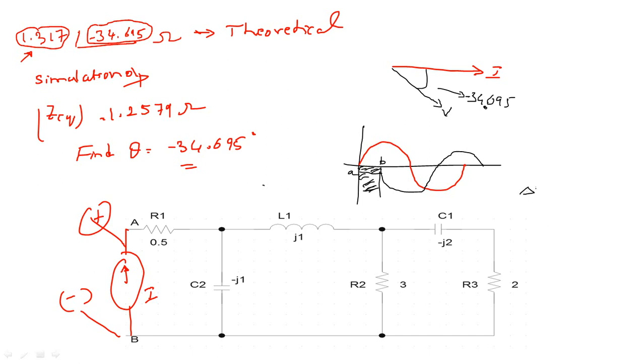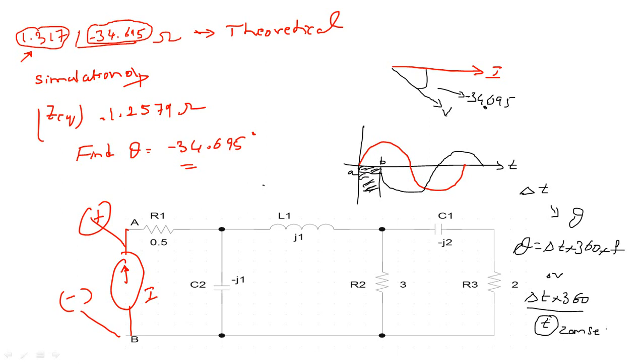So that difference is represented as delta t, a small difference of time, because we know in the x-axis we have time. Then how do we convert this time to theta? We have a formula which says theta is simply equal to delta t into 360 into f, or you can also write that as delta t into 360 the whole divided by your time period. Do not get confused between this t and this t, where this t is your time period, that is 20 milliseconds. I hope you have understood where you find theta. To find theta you have to find this delta t, this time difference.